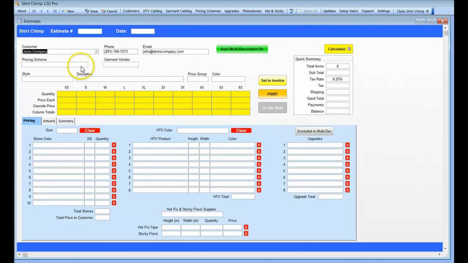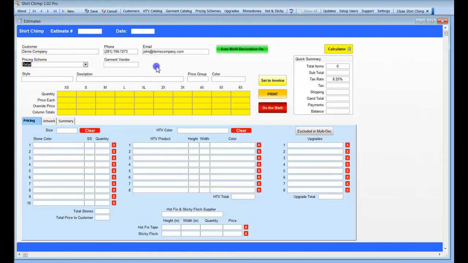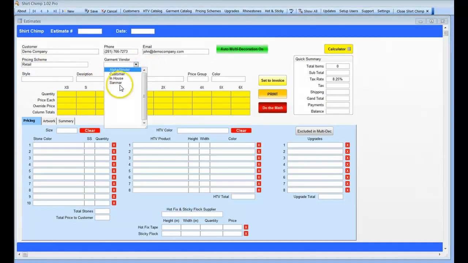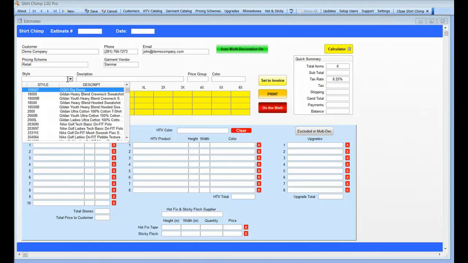So we've got that in there. The next thing we need to do is pick a pricing scheme, and we're going to go ahead and select the retail pricing scheme in that. Now we want to go ahead and select a shirt to put it on. So we're going to select from Sandmar, and when you select the garment vendor up here, what it does is it filters what's available in this drop down by that particular supplier. So we're going to go ahead and just select the PC61,